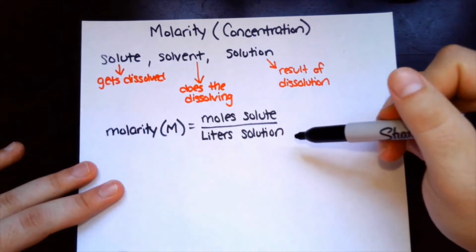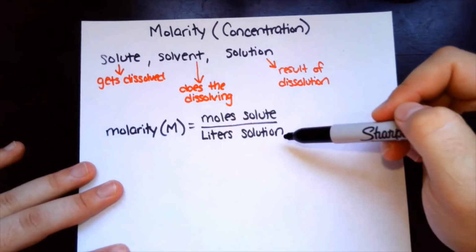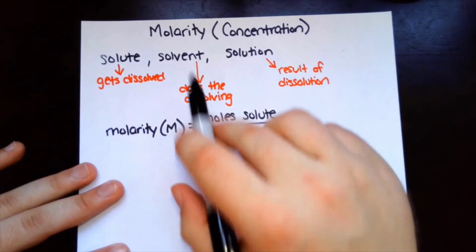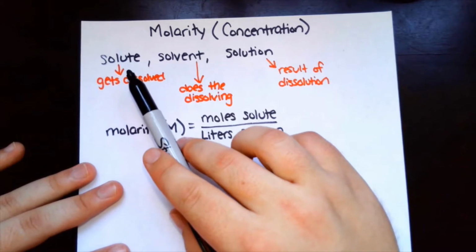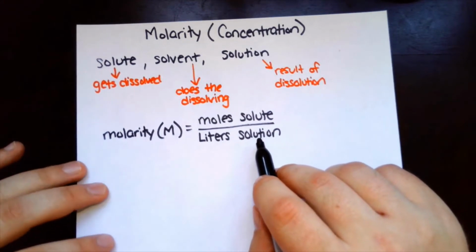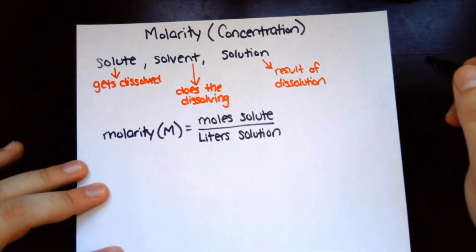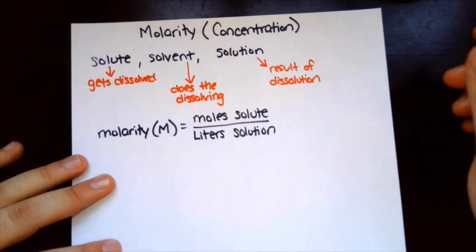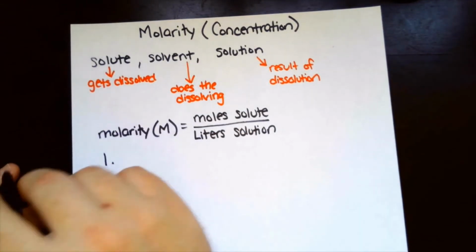Most of the time, only your solvent will be a liquid, and if that's the case, then you only need to worry about the volume of your solvent. However, you can have a liquid solute, and since this says liters of solution, if your solute is also a liquid, you would have to add those two volumes together to get the total volume of your solution. Right? So let's say we have, going back to our example of salt water,